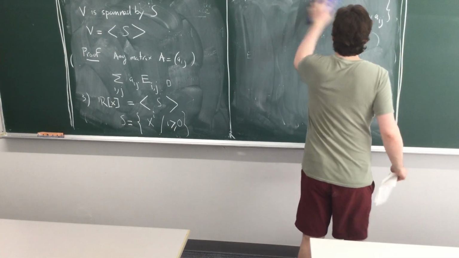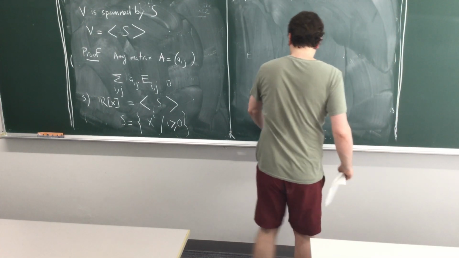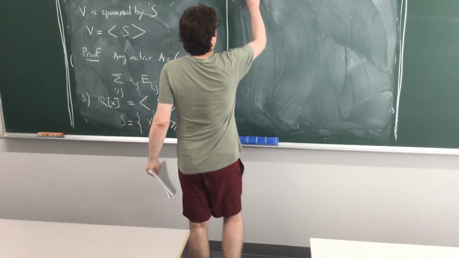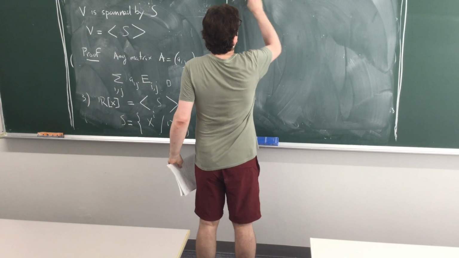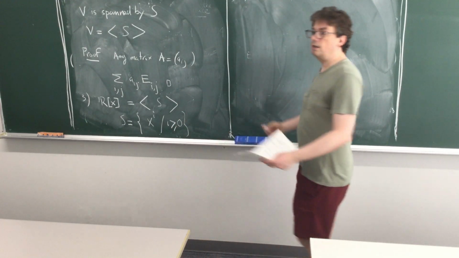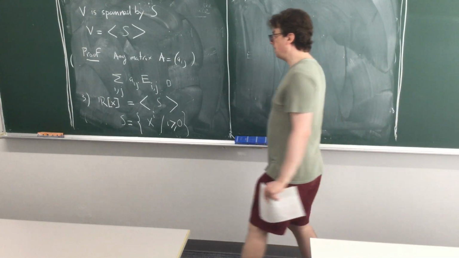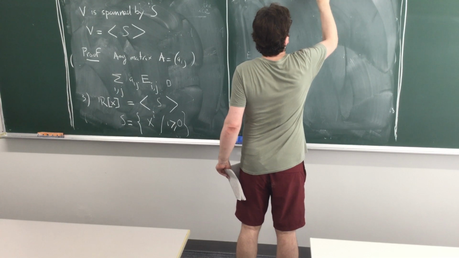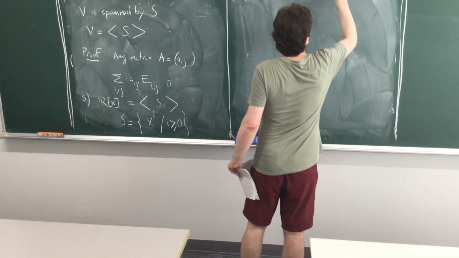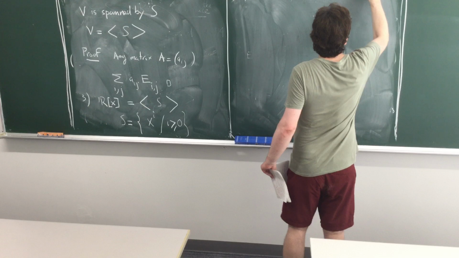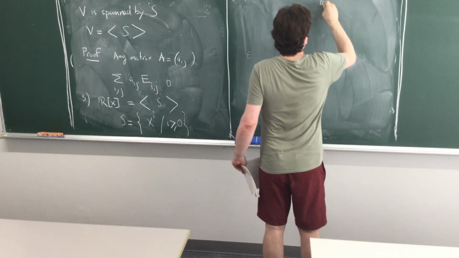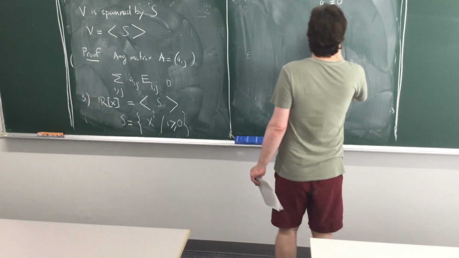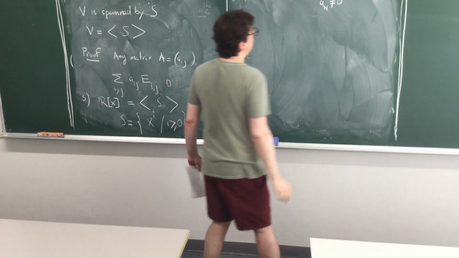Now again, the proof that the set of polynomials is spanned by this set is the following. You need to prove that any polynomial can be written as a linear combination of vectors of S. So any polynomial P of x will be written like this: a_n x^n plus ... plus a_0. Let's say that a_n is not 0, so that n is the degree. Then how can you write this?